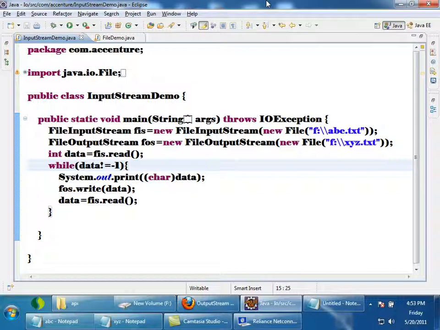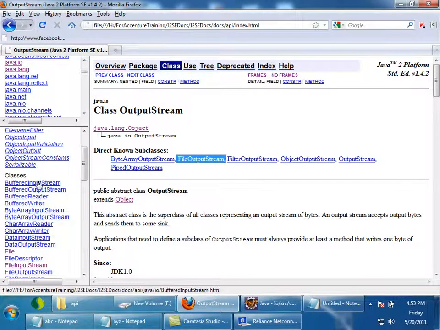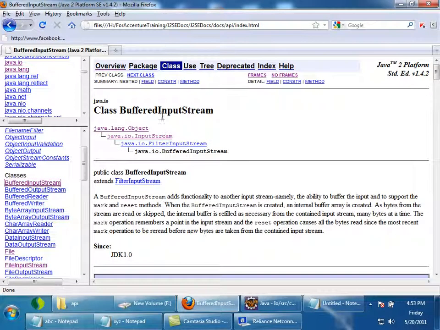For doing that, there is already an existing class called BufferedInputStream. I'll explain the logic of how that BufferedInputStream works. See here, BufferedInputStream is internally having a byte array, a private variable.